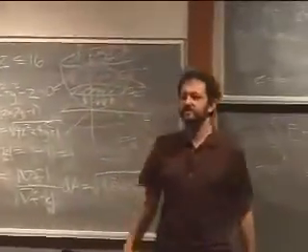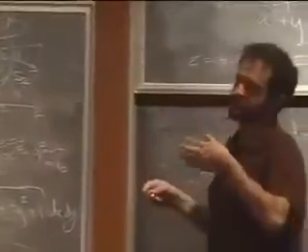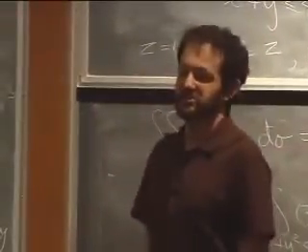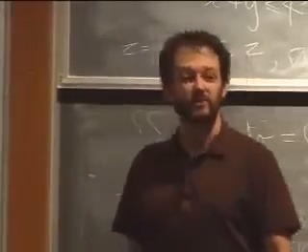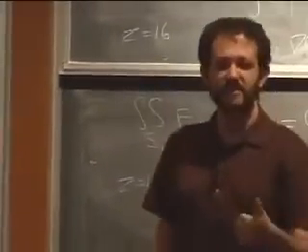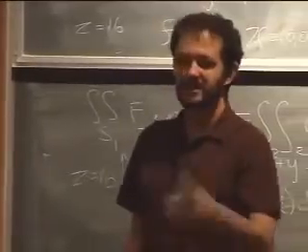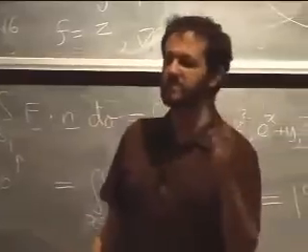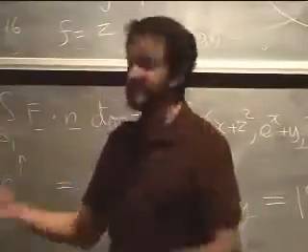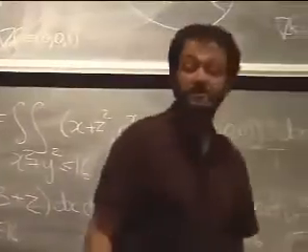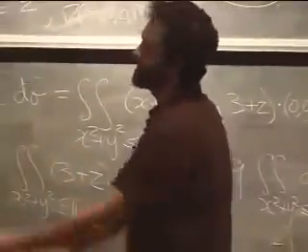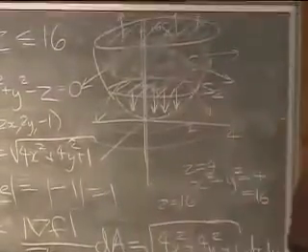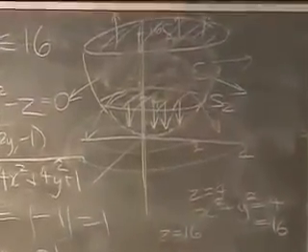So you asked me, I think, earlier about whether we ever need to do projections onto xz or yz. You also could ask along the same lines, do you ever need to do cylindrical coordinates where instead of z being the z and the other x and y being r cosine theta and r sine theta, why not let, say, x be x and y be r sine theta and z be r cosine theta? You could do that. But somehow these problems are normally set up so that the z-axis is the axis of symmetry. So I'm going to use cylindrical coordinates